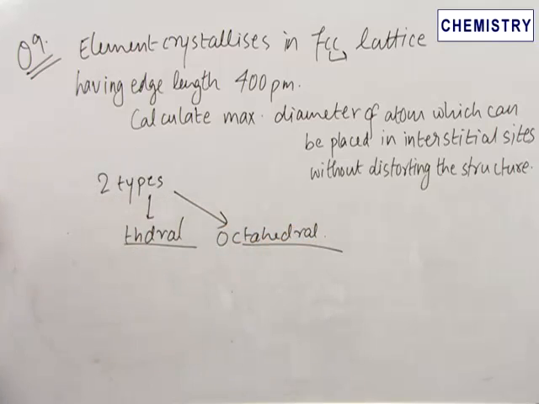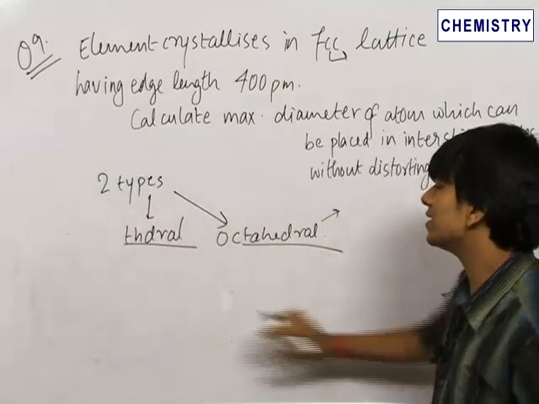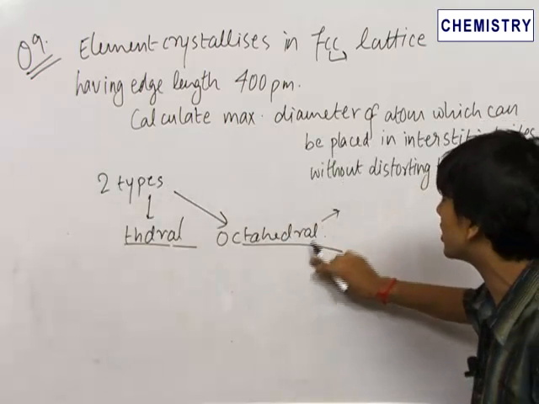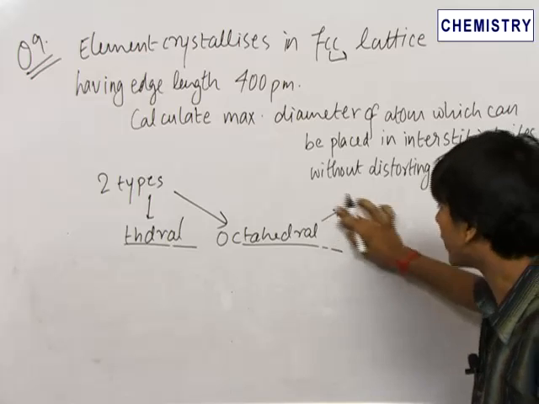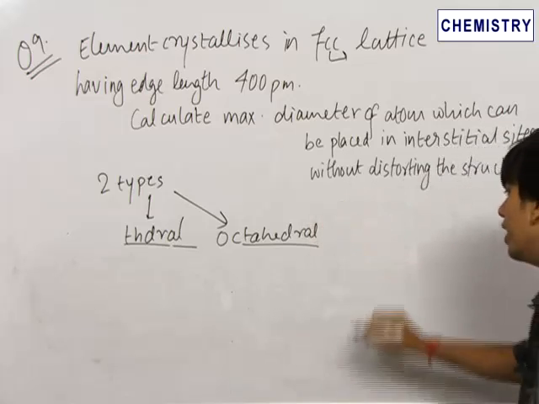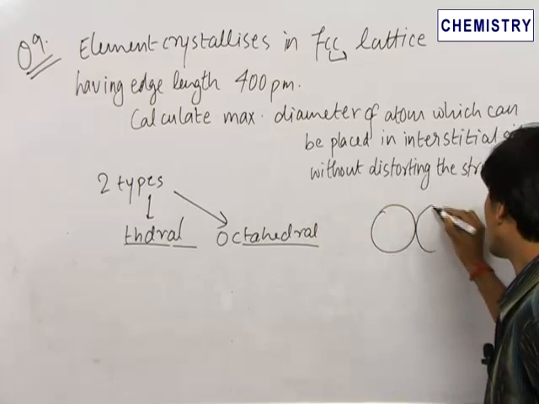Now for the maximum diameter, we know that octahedral voids are larger in size than tetrahedral voids. Therefore, the largest size of the atom which can be inserted will definitely be inserted in octahedral voids. Therefore, we need to find out the maximum size of the atom which can be inserted in the octahedral void. Now we know that the octahedral void is formed such that